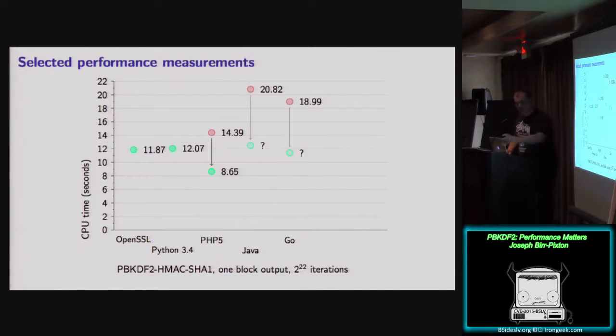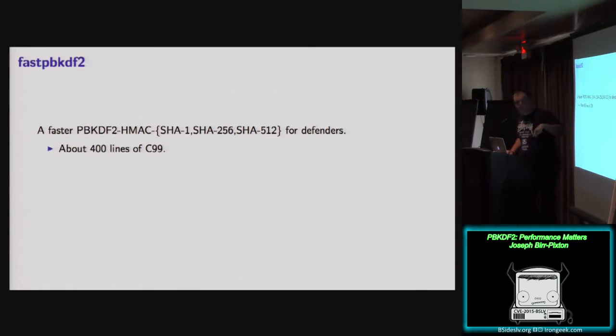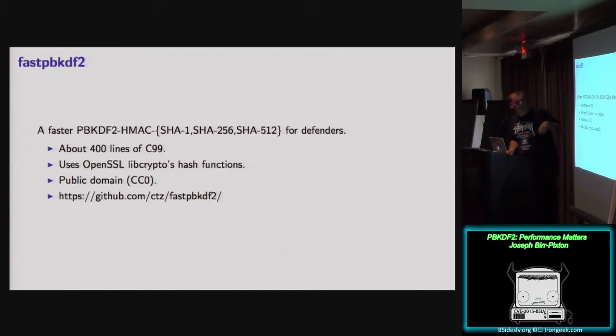So if you imagine applying that improvement that I saw in real life to the other ones, then you kind of think maybe there's a slight alignment happening there, where it's kind of 12 seconds on this particular machine for that many iterations. But that result from PHP 5 got me thinking, well, why is that? Why is that so much quicker, slightly quicker? And it turns out you can do a lot better. So that's the code I'm releasing today. It's there and it's public domain, so just take it and please take it away.